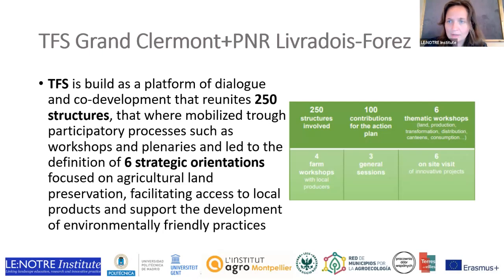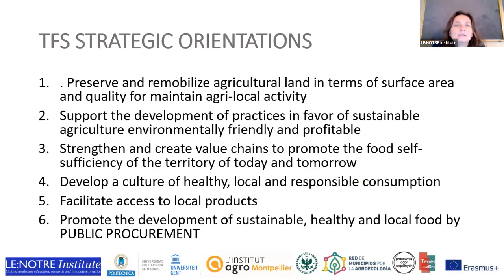So it was based on 6 thematic workshops and several other actions, and that led to 6 strategic orientations, which are: preserve and remobilize agricultural land in terms of surface area and quality for maintaining agri-local activity; support the development of practices in favor of sustainable, environmentally friendly agriculture; strengthen and create value chains to promote food self-sufficiency of the territory; develop a culture of healthy, local and responsible consumption; facilitate access to local products, especially for the socioeconomically vulnerable population; and also improve the quality of the public procurement and make it so that public procurement is based mostly on